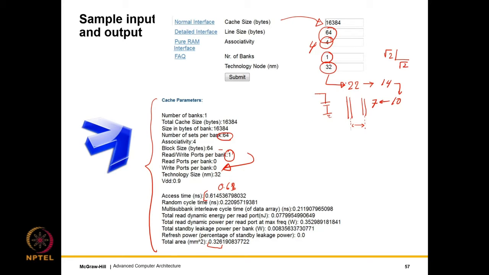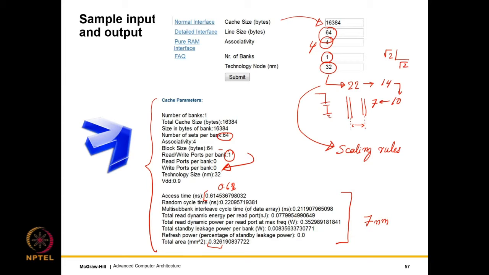Alright. So most tools like Cacti will maybe end at 32 nanometers, but if we want to use it for 7 nanometers, then we apply what are called scaling rules that take this data that Cacti has produced and multiply them with a set of well accepted factors, derived empirically of course, such that these values can be scaled to, let's say, a 7 nanometer process. Alright, a 7 nanometer feature size.